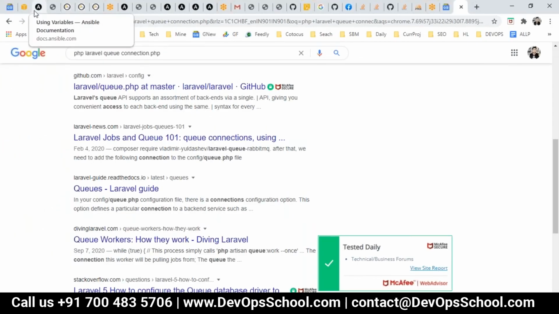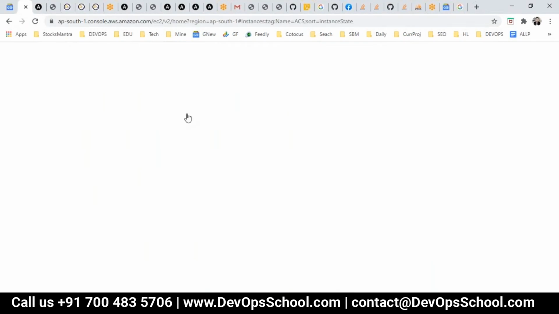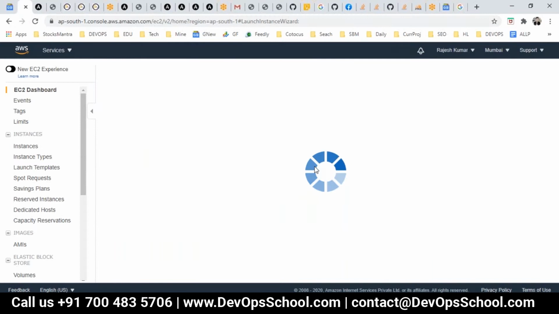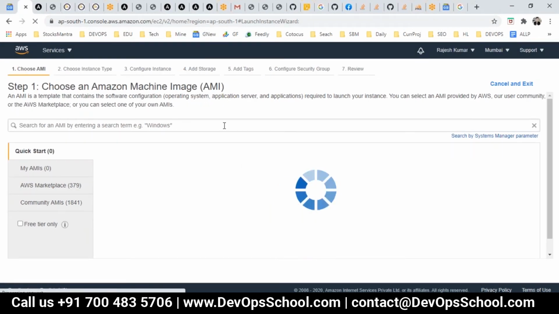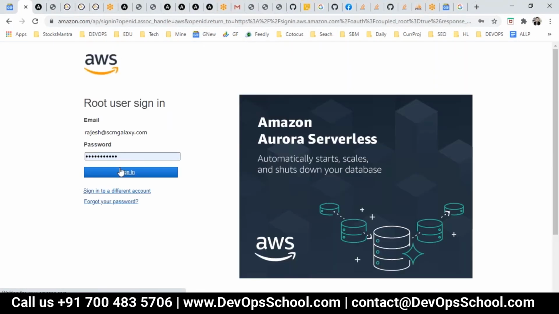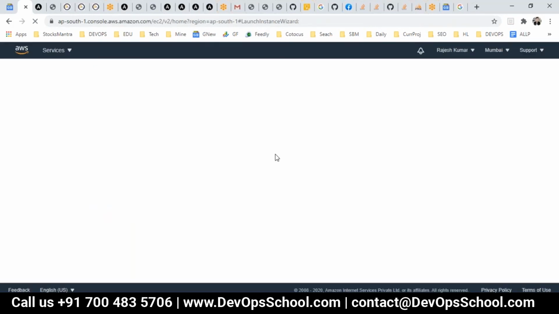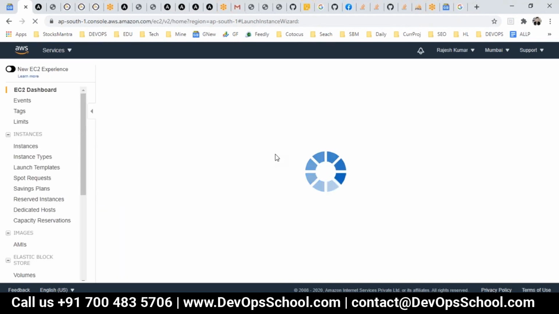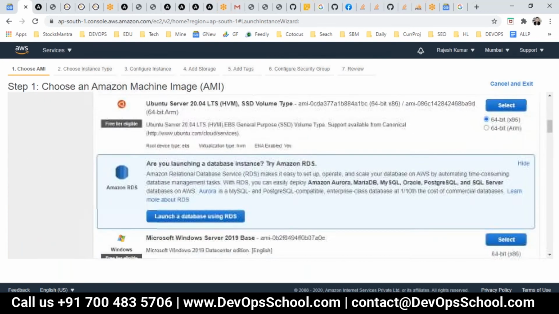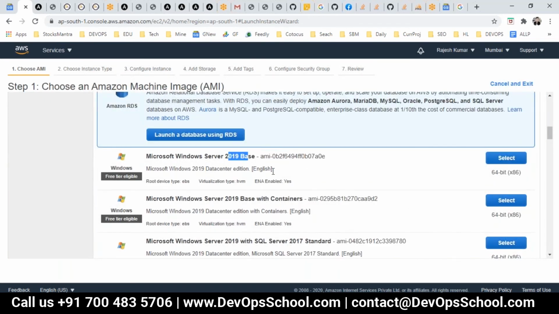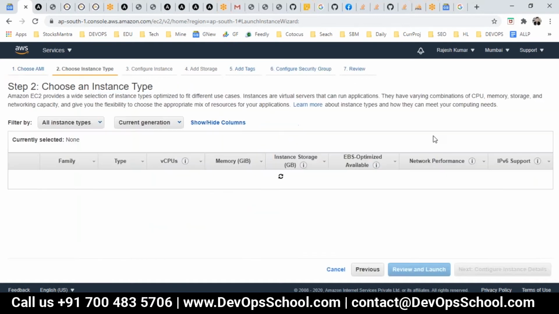So that means if ARS is Windows, you need to have a Windows machine. So let me get one Windows machine quickly. Okay, so look at my screen here, and I'm going to get a Windows 2016 machine. Now, where is that Windows 2016? This is 19. I can use 19 also. That's okay. So I'll go for the 19.